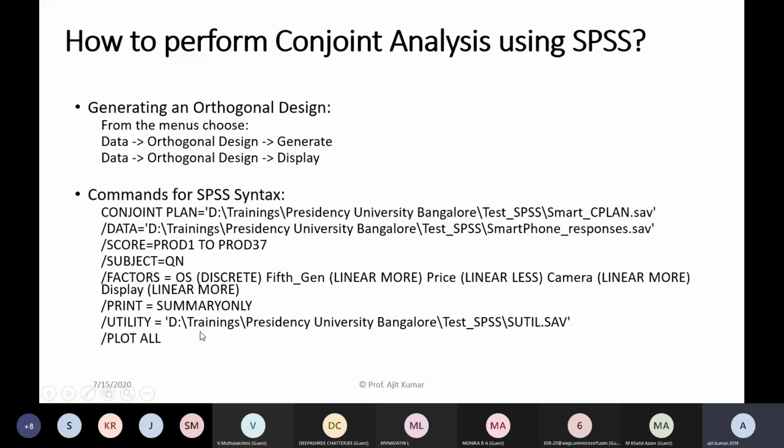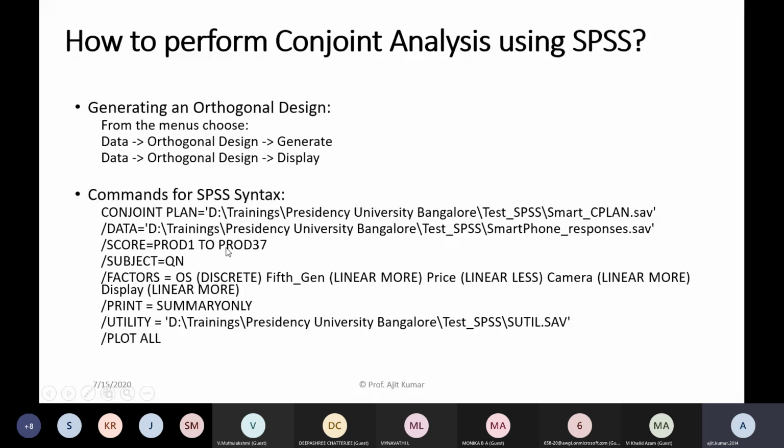You see, there is just one line of code, but it has certain components. We need to load the first file, the file about the factors and levels. The second file is the consumer or respondent responses. We need to give certain more attributes, a subcommand known as score. That means we are giving ranks or scores to the different combinations, whether it is 25, 30, or whatever number of combinations.